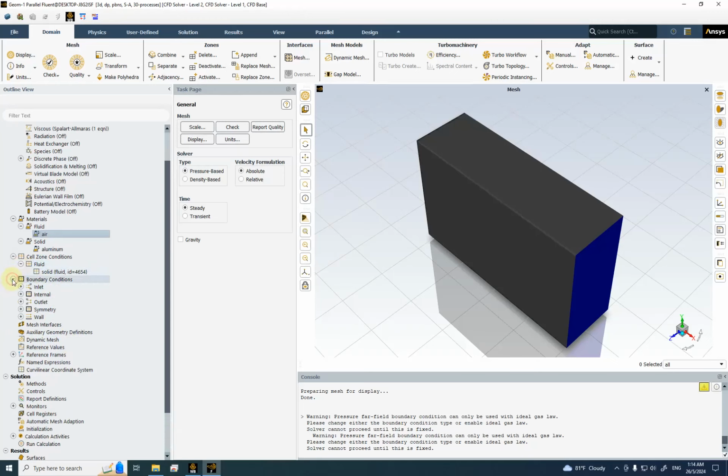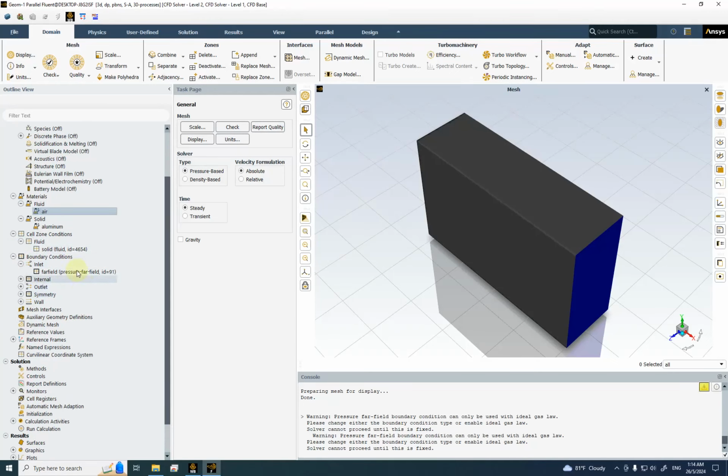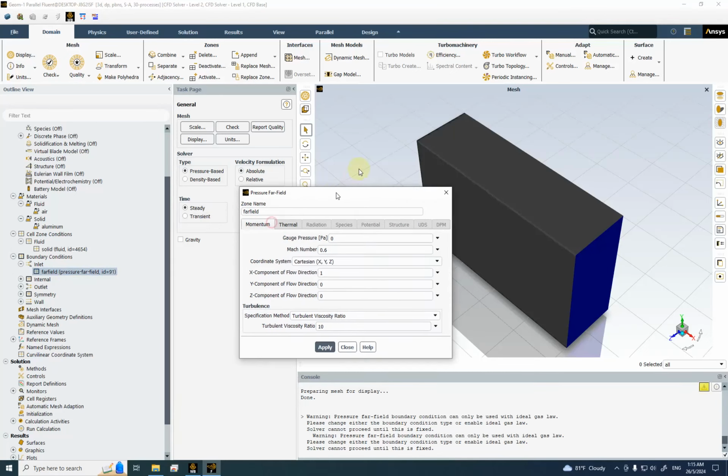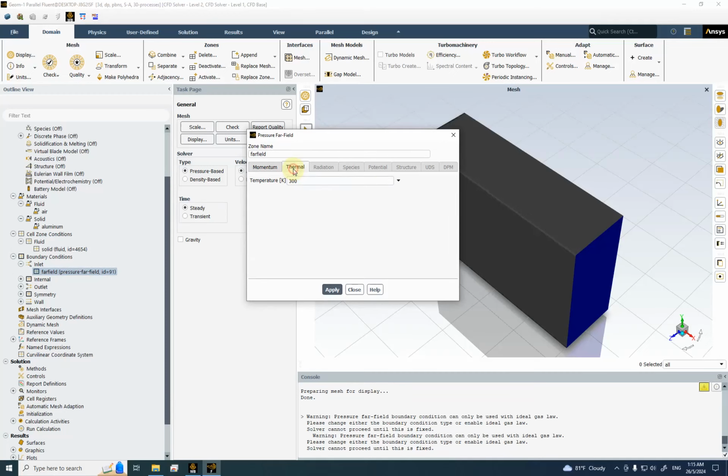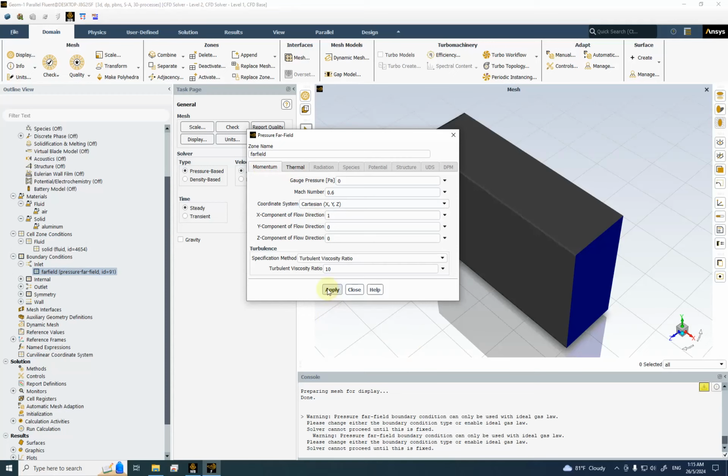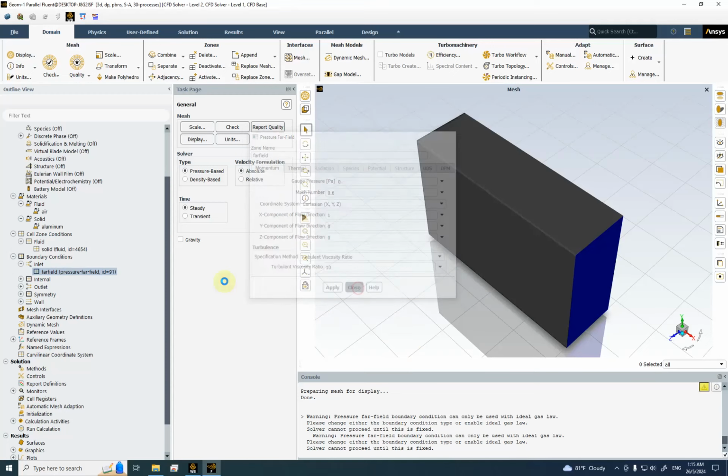Okay, then the next thing is the inlet. Okay, double click on far field. Right, so Mach 0.6. Okay, click apply, close,